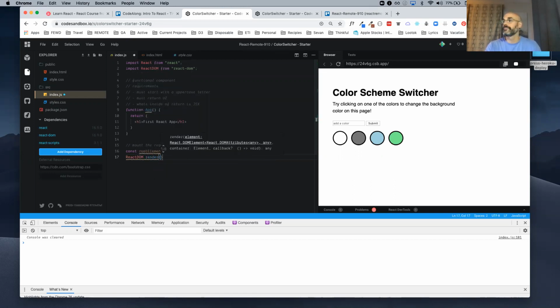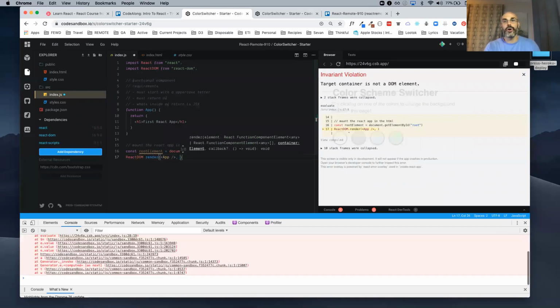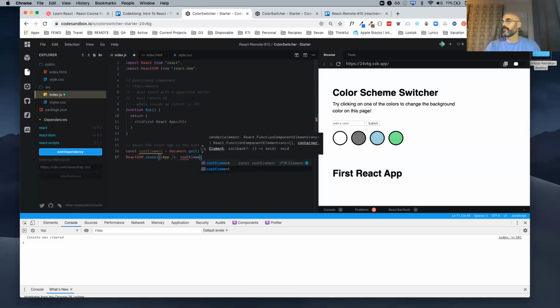It's the method. I'm going to tell it the component I want to render, I have to close it, and where I want to render this. Root element, okay? And what we're going to see is first React app has been added to the screen.